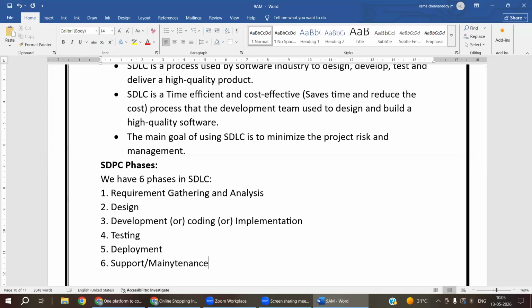So if you consider requirement gathering and analysis as one phase, then we'll get 6 phases. In case you consider requirement gathering as one phase and analysis as another phase, then we'll get 7 phases in SDLC. So we have 6 phases in SDLC: requirement gathering and analysis, design, development, testing, deployment, support